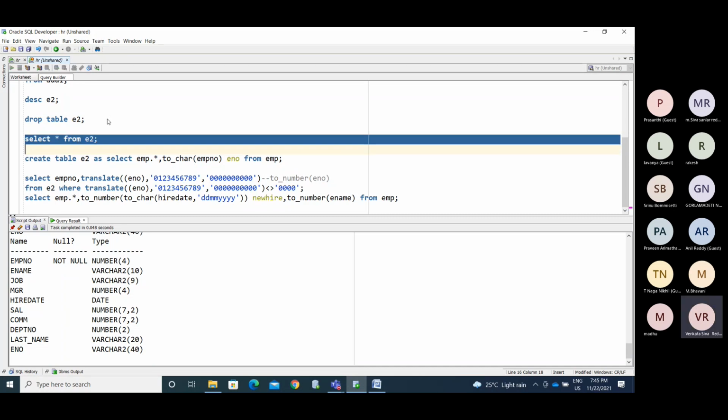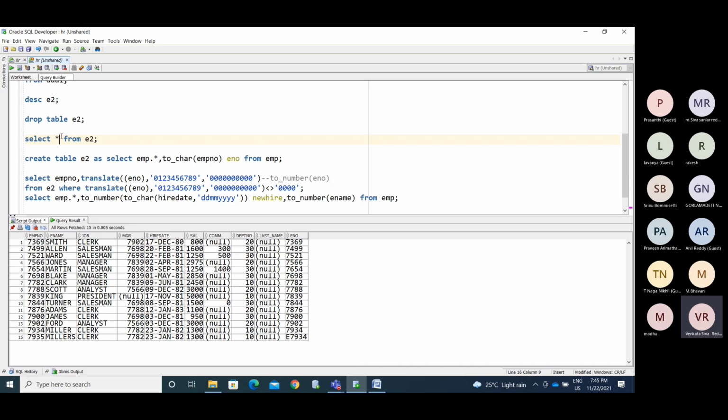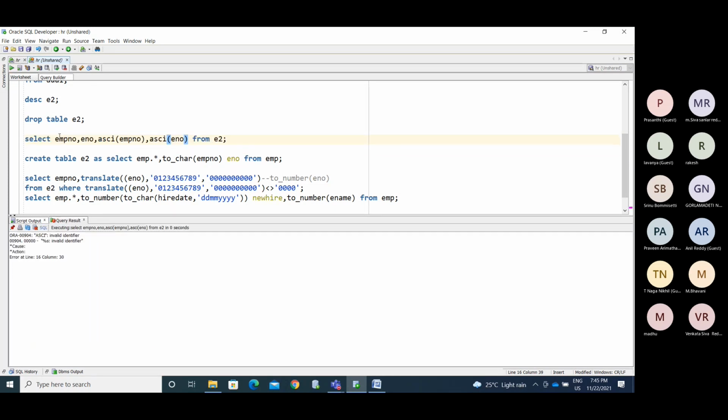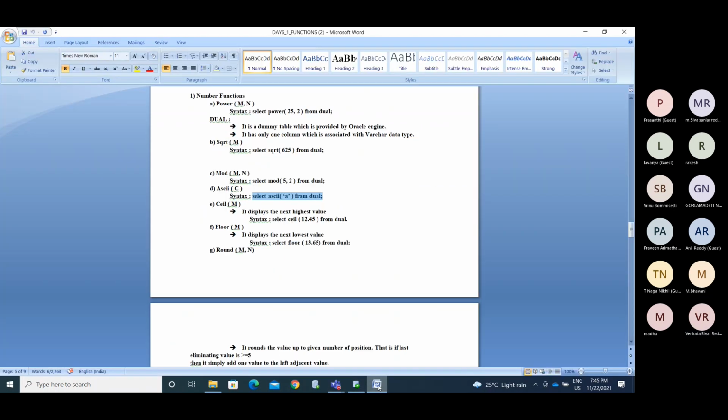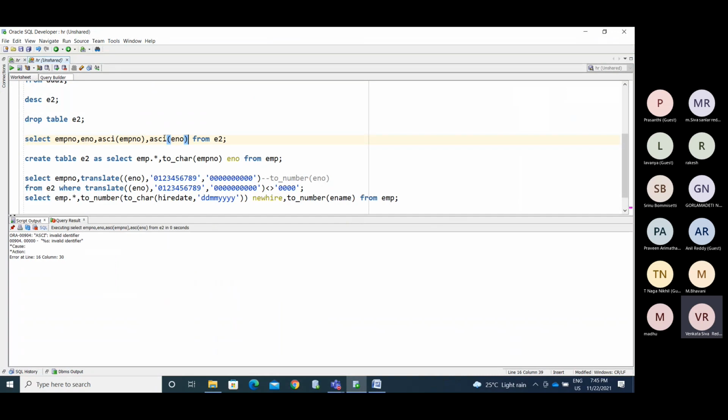From E2, select E number, E name, ASCII of EMP number.